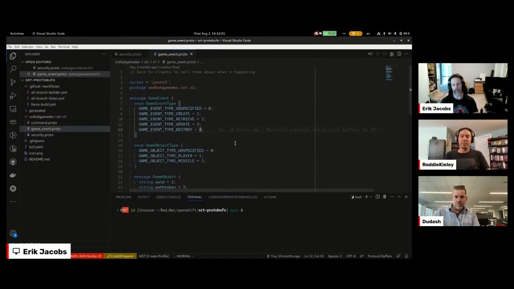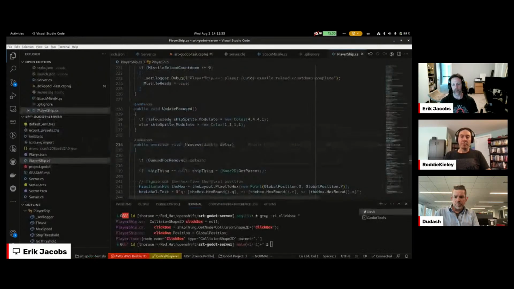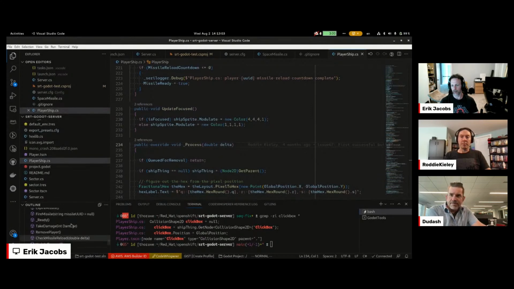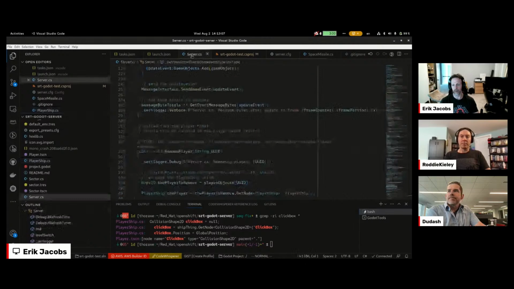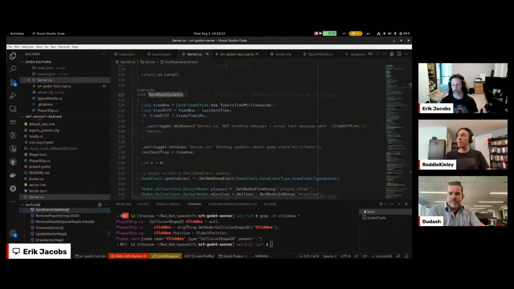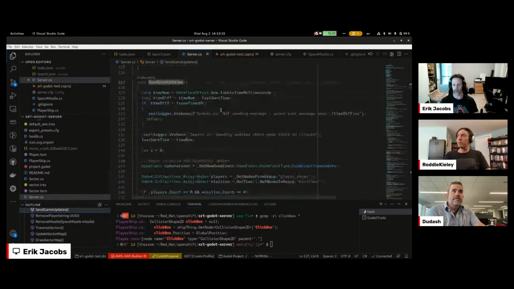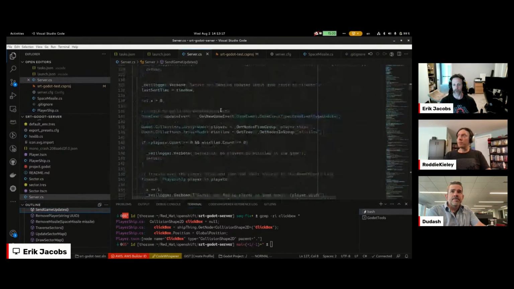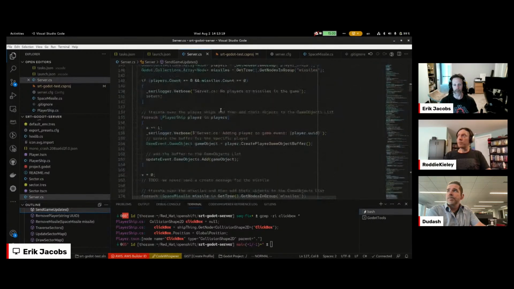So one of the things that we had been doing previously was in the server. I am going to go to the update player. I'm not in the right file. Server, and so on. Yes, send game updates. Yes. So